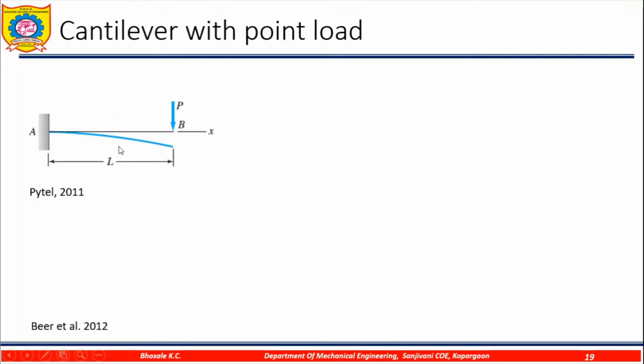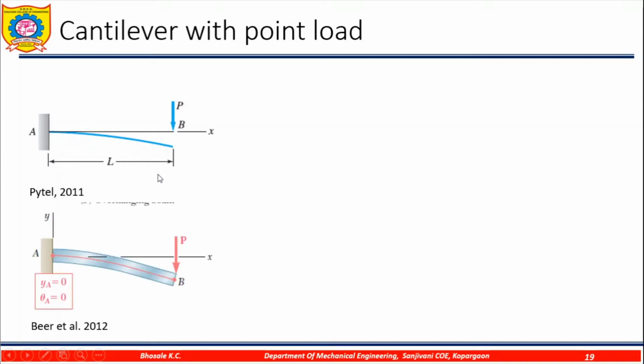Suppose that this is the cantilever beam, it is fixed at the end A, and at the free end we apply the point load. When you apply the point load, the beam will deflect like this one. L is the length of the beam. So this is the deflection of the beam when we apply the load at the free end. This deflection will be shown by delta B, and this is the slope. Slope is the angle of the tangent of the line with the horizontal.